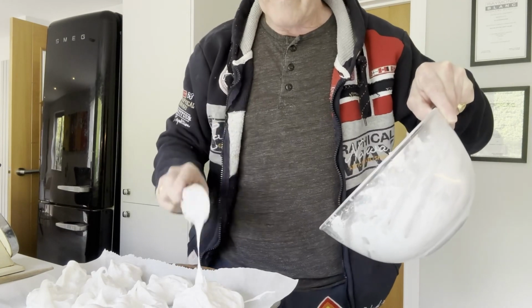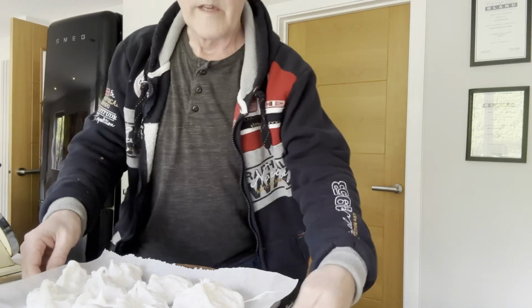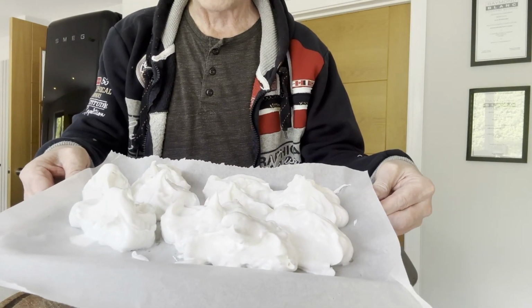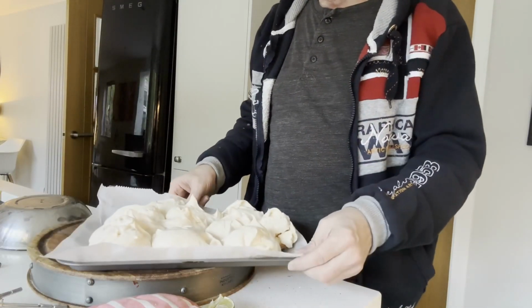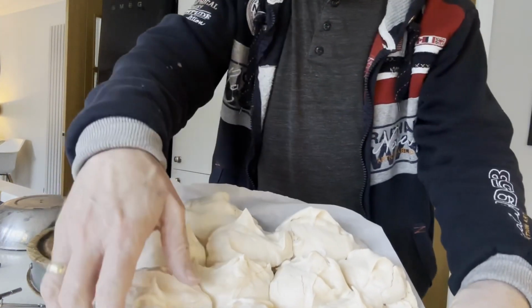There we go. That's it. So there's my little pile of meringues. I'm going to pop those in the oven, and then we'll be back to see the end result. Okay, so they've been in for an hour and a half now, and there they are. They will actually sort of lift off